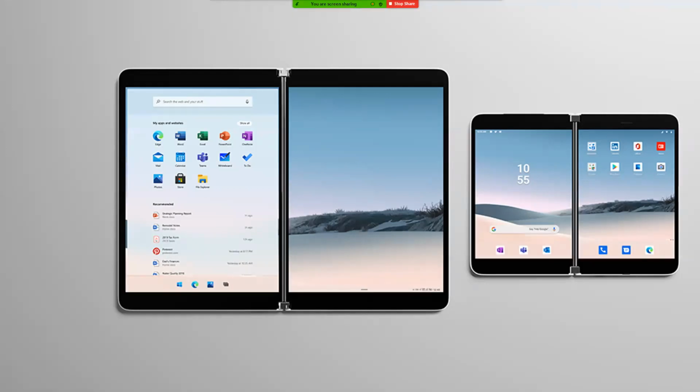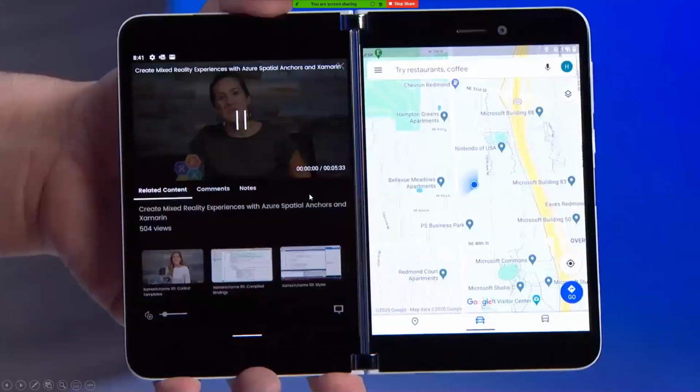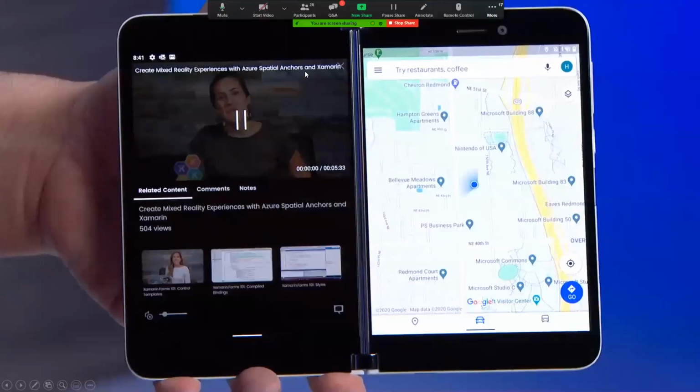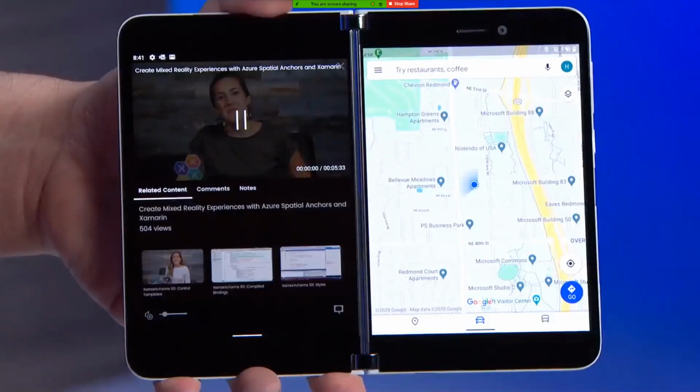And what we did was from the bottom up, we crafted first-party support in Xamarin for the design idioms that Microsoft has recommended for you to use to bring your apps to dual screen. And one of the ones that we built as a demo app is Xamarin TV. So you can go through all of our YouTube videos, click them, put it on two screens. In this case, they've got maps on the right and the app on the left. So you can watch videos while you're driving. Probably don't do that. Don't condone that. But dual screen devices are going to be awesome. I'm really excited. I don't know what they're going to look like when I hold it up to my ear to take a call, but we'll see.